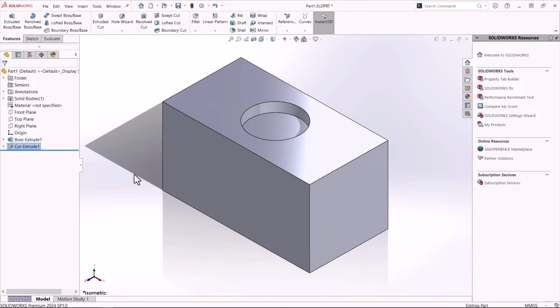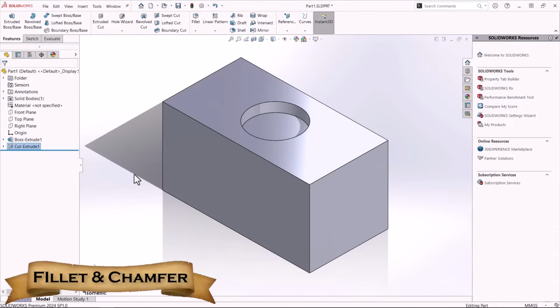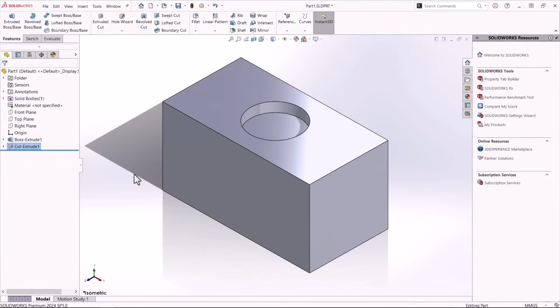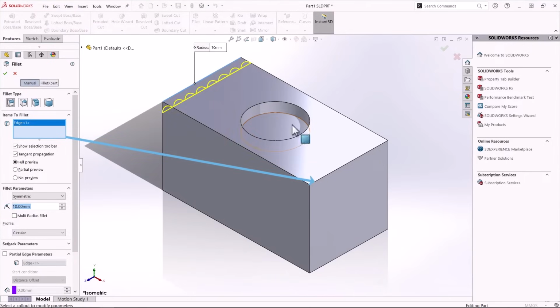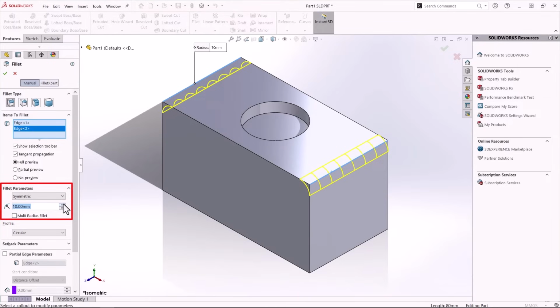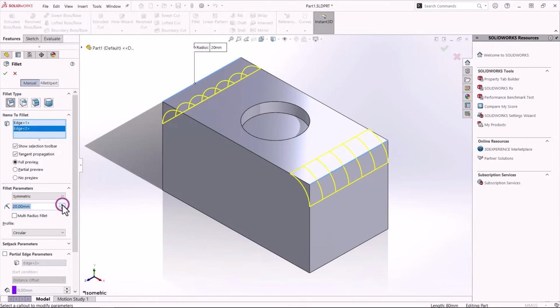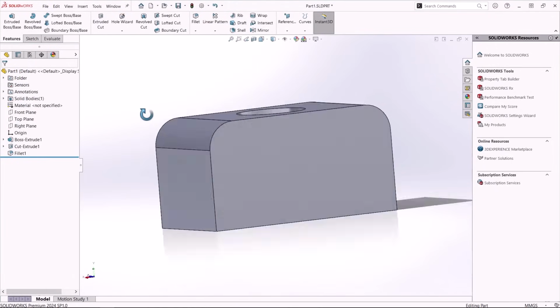As I mentioned before, there are commands that do not require a 2D sketch. The fillet and chamfer commands are such tools. Let me show you how to fillet these edges. The fillet command contains a bunch of different options in the property manager. We'll keep it simple by using just the blue box called Items to Fillet, where you select the edges that you want to fillet. Then, go to the Fillet Parameters section and input the value of the fillet you want. Again, the green checkmark closes the command and applies the fillet on those edges.